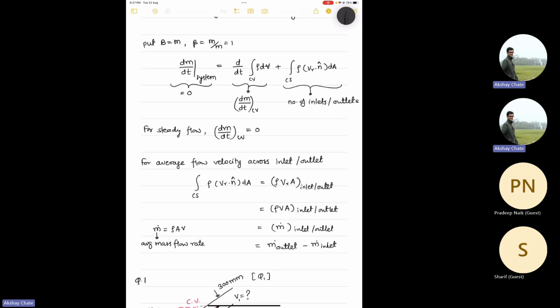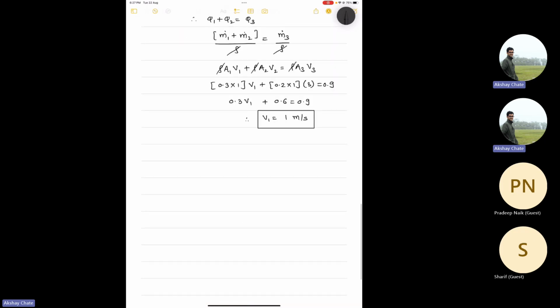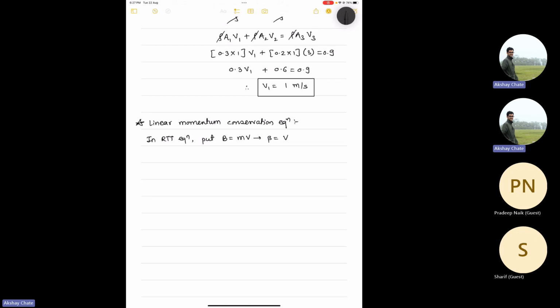The conservation equation is like linear momentum, or they call it force balance also. They typically call it the linear momentum conservation equation. So in the RTT equations, you put P equal to linear momentum, and therefore your beta will be just velocity, and this RTT reduces to the summation of external unbalanced forces on the RHS, because